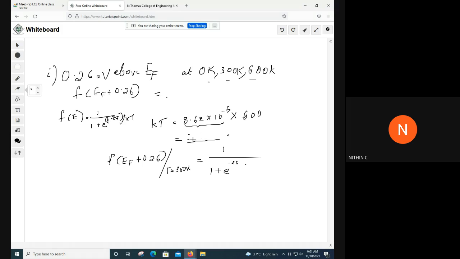When it becomes 600 Kelvin, what will be the value of KT? Only the temperature will change, the rest will remain the same. What will be the value of KT at 600 Kelvin? At 300 Kelvin it was 0.026. So we just need to multiply it by 2, 300 into 2 is 600. So KT value will be